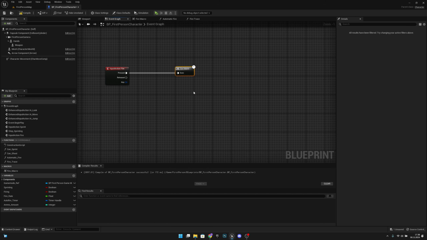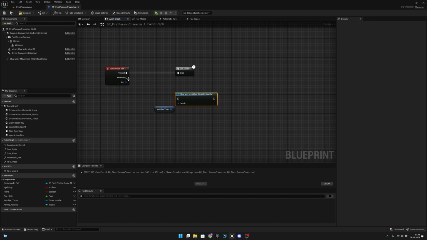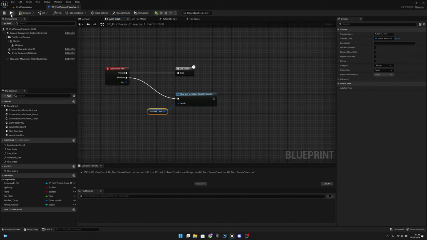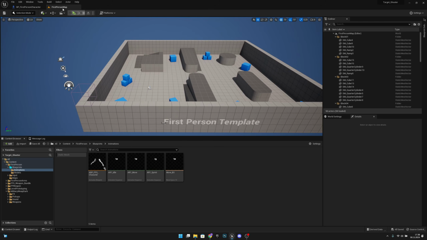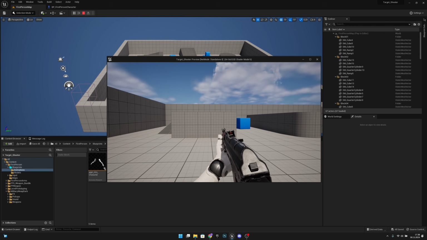On the released, we want to get our auto fire timer, and we want to get from it, and we want to clear and invalidate timer by handle. So we are stopping firing basically, because we created it to work with this timer. So now when we compile, we save, we go to play. Oh, I don't know why this moved again. Now when we press left mouse button,